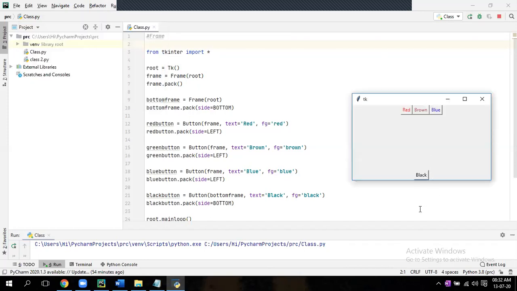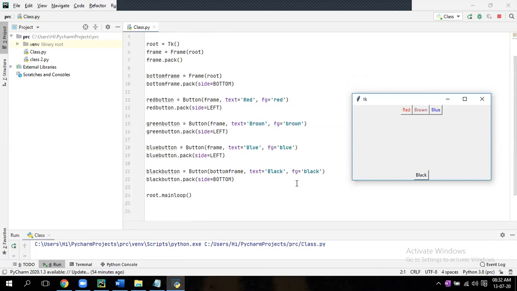You want multiple buttons, so I've just given some names. You can give anything here, XYZ. So the red button text should come on the left side. This should be the left side of this. This should be a button. The black one should come down. Like that, you can mention so many buttons here. Okay, okay, sir.